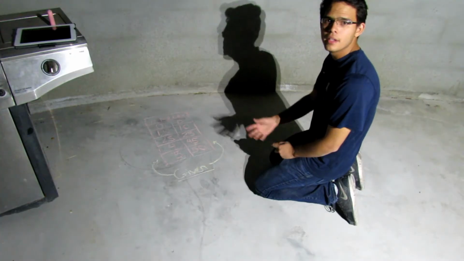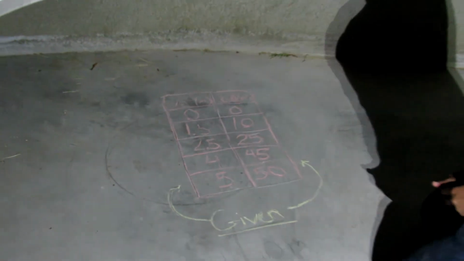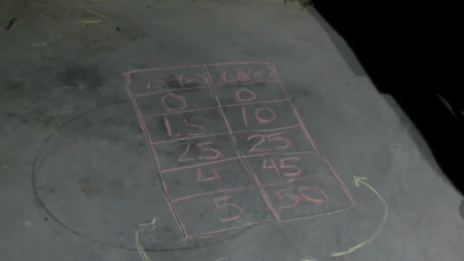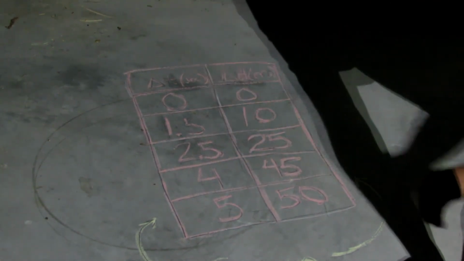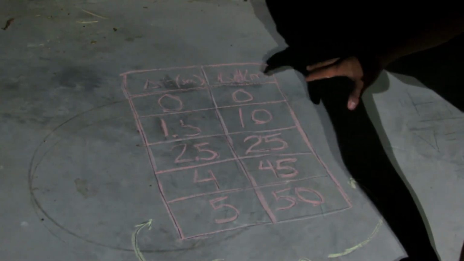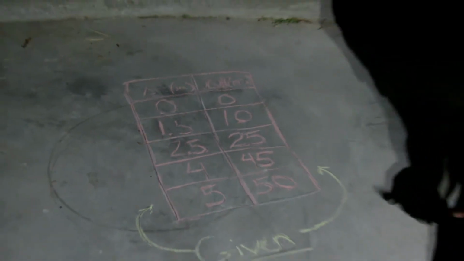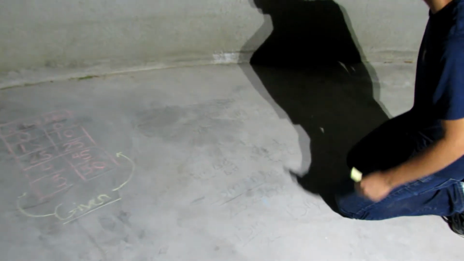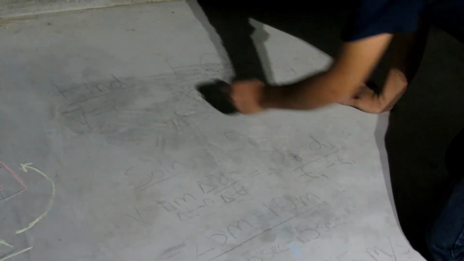Alright, so what I've done is I put together a table with the data that we collected from Martin riding his scooter. This table consists of the change of time, which is within the interval of 0 to 5 seconds, and the change of displacement, which is from 0 to 50 meters. And to find instantaneous velocity, we need to use this equation. As I said before, we need to find the limit